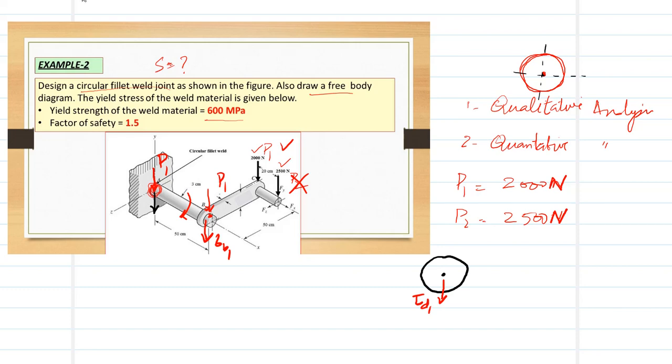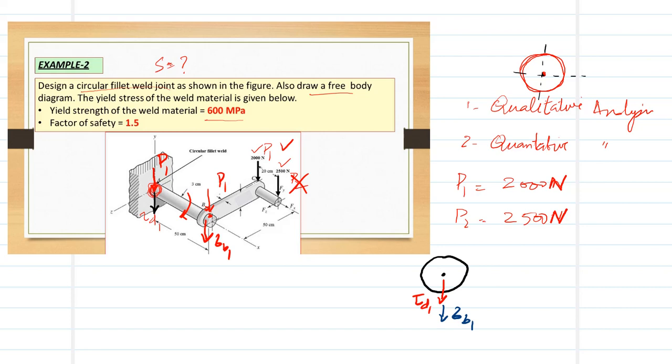Clear? So here we can also write, because sigma tau D1 and tau sigma V1 are in the same direction. So we can now write another stress. I use a different color for it. So this is sigma B1. Clear? So due to this load, because I can translate this load along these lines, I'm translating this load at